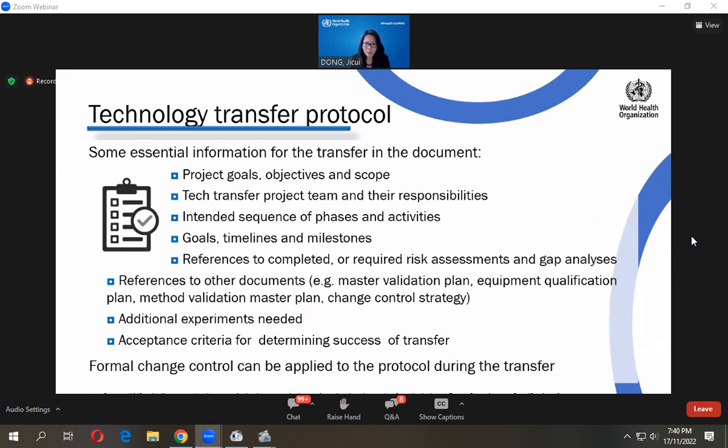So all this you can include in this transfer protocol, and that will be very helpful. Good preparation is key for a successful result, right? So sometimes an additional experiment is needed by the technology receiver, especially when you use